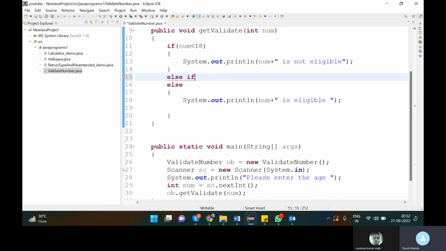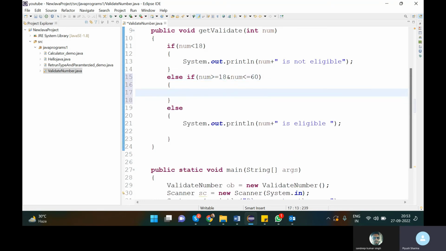Now firstly we cover number less than 18 in the if statement. After that, the second condition is number greater than or equal to 18 and number less than or equal to 60. That's the AND operator, which means both conditions must be true for the statement to be true. If one condition is false, then the whole condition will be false.